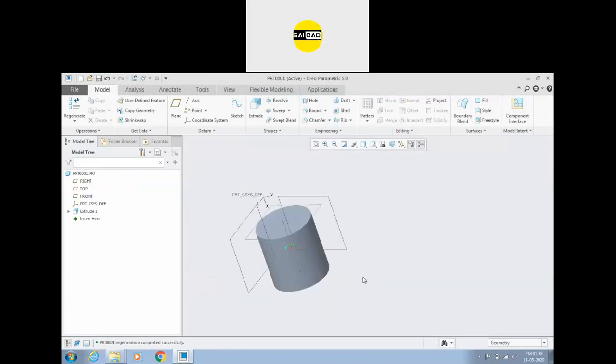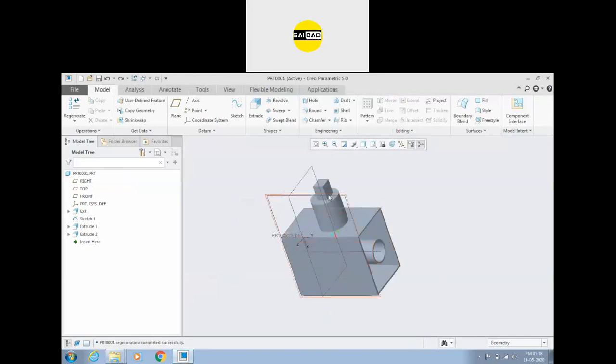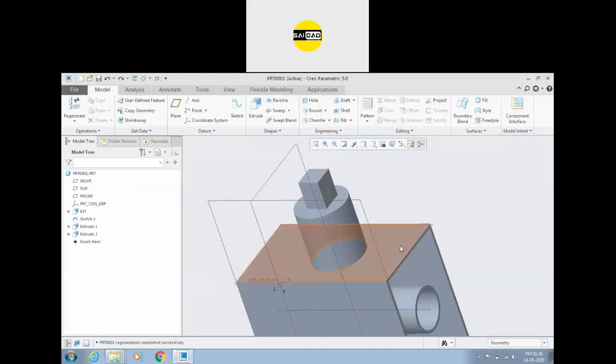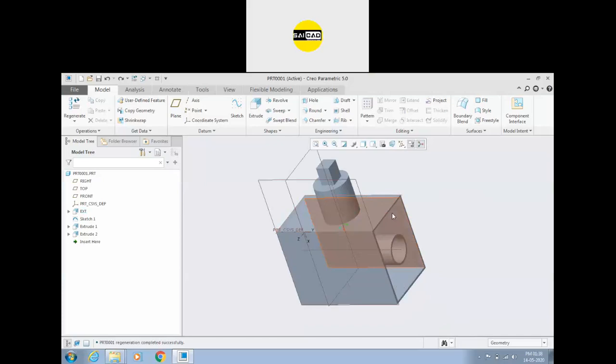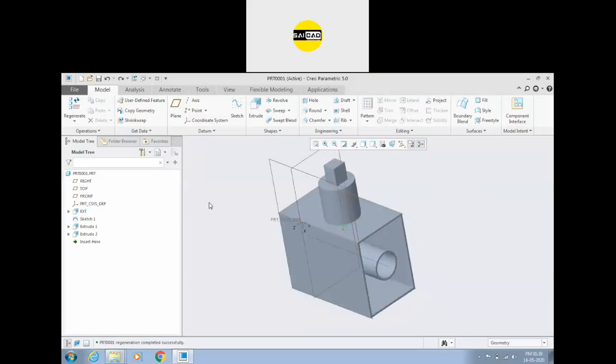But the other object was affected because that object also had the reference of this object. So this is called the parent child relation. This is the parent, these are the children of this object. So if the parent is not available, the child will also be removed.